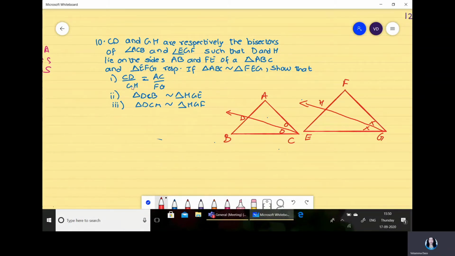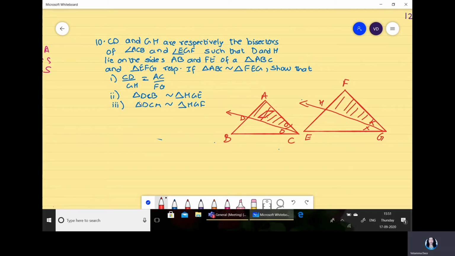So if I want to prove that the two corresponding sides are proportional, obviously we have to take two triangles, and from this we can say very easily the triangles we are supposed to take are this triangle and this triangle. CD is associated with triangle ACD. We also have AC. The numerator represents the same triangle. So here we require CD and AC, which exist in triangle ACD. Similarly, the denominator GH and FG. So we have to consider triangle ACD and triangle FGH and prove that they are similar. If I prove these triangles similar, I can say the corresponding sides are proportional.